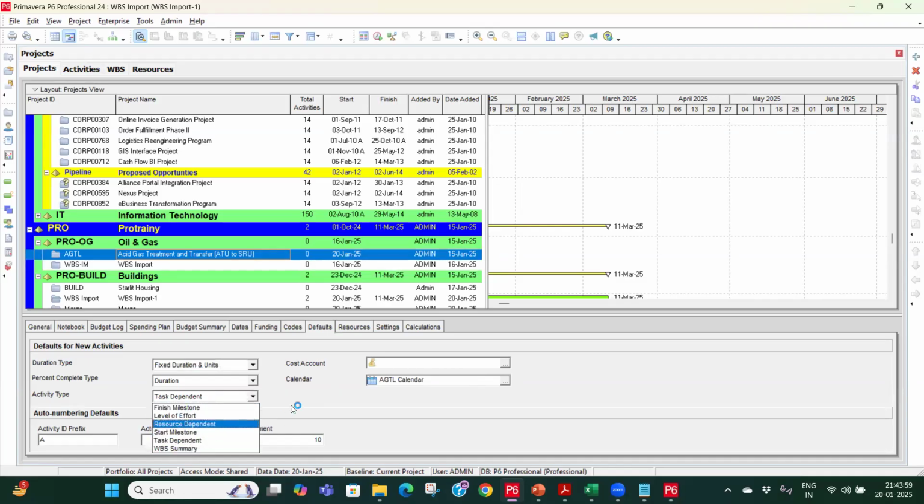जो मैंने आपको बताया था, कि बाय डिफॉल्ट जो भी नया एक्टिविटी आप ऐड करेंगे, वो इन 6 में से टास्क डिपेंडेंट हम लोग रखेंगे बाय डिफॉल्ट। परसेंट कंप्लीट टाइप आप फिजिकल, यूनिट और ड्यूरेशन रख सकते हैं, हम लोग फिजिकल रखेंगे। यहाँ पे फिक्स्ड यूनिट्स एंड ड्यूरेशन है जो कि हम लोग रखेंगे, या फिक्स्ड यूनिट्स पर टाइम, जो आप रखना चाहते हैं। सब फिक्स्ड ड्यूरेशन एंड यूनिट्स रखते हैं इन जनरल। ये मैं आपको बताने वाला हूँ अभी नेक्स्ट। ओके, ठीक है। थैंक यू।